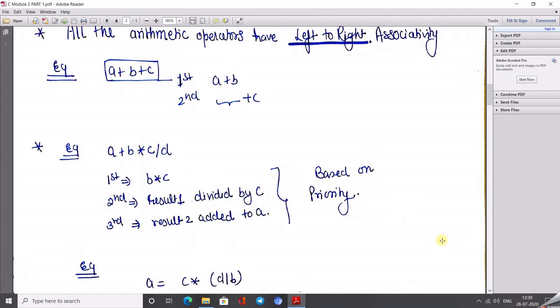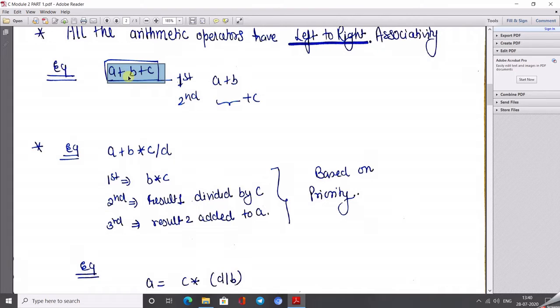Okay, so all the arithmetic operators have left to right associativity. What is the meaning of left to right associativity? Associativity matters if our expression has the same operator more than once, like A plus B and then plus C. Which operator comes two times? Plus. So how can I decide whether to perform B plus C first or A plus B first?